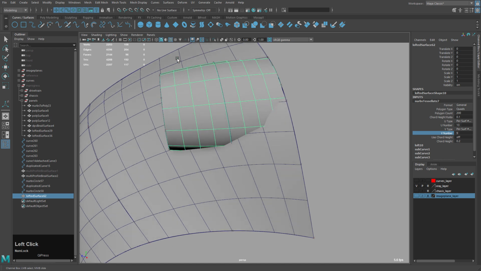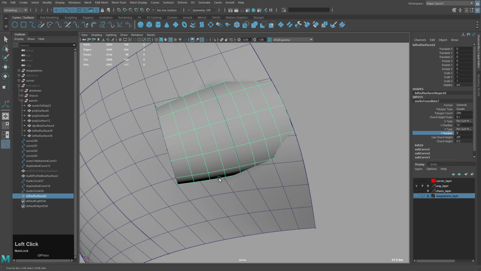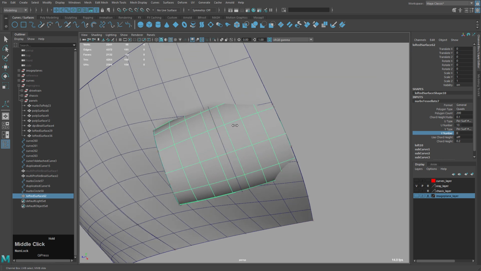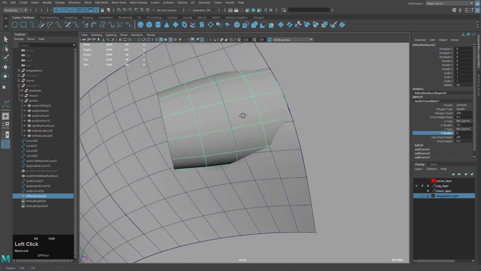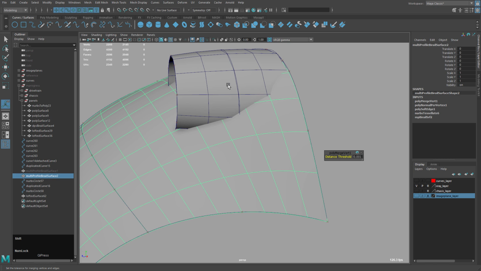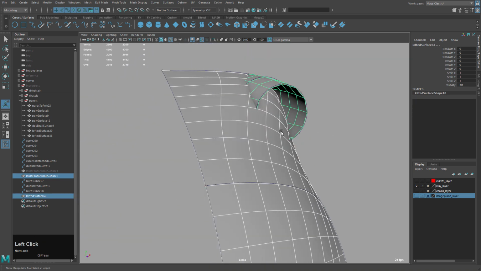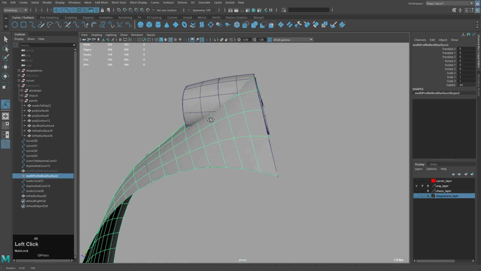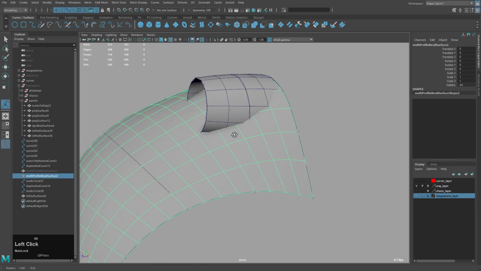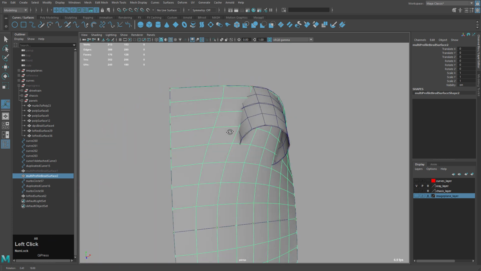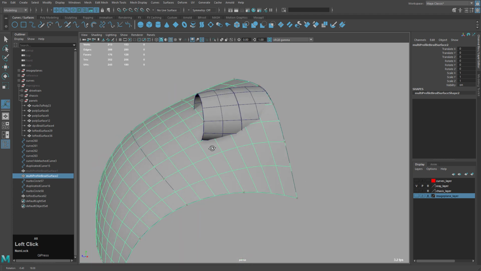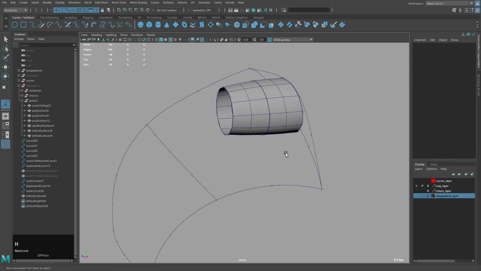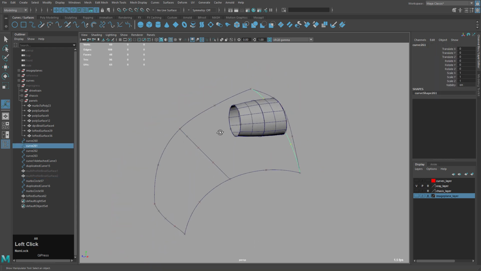Now here's the thing. These divisions don't line up exactly, so I'm going to just get rough with it like this. That should be good enough. Okay, clear history and all of that. Alright, and now we need to try and match here. Now one thing that you'll notice is that this is going into the headlight. So this is where we'll need this again.